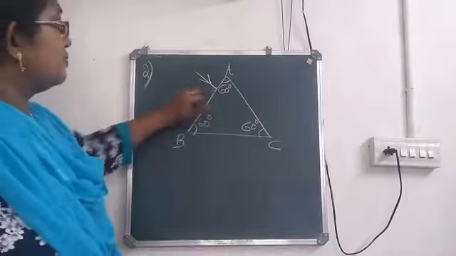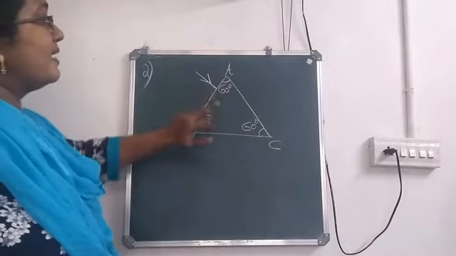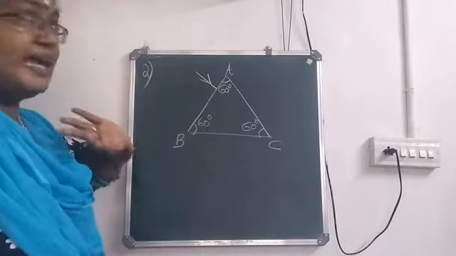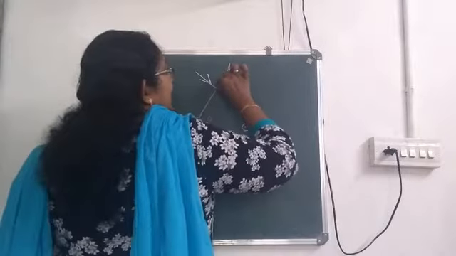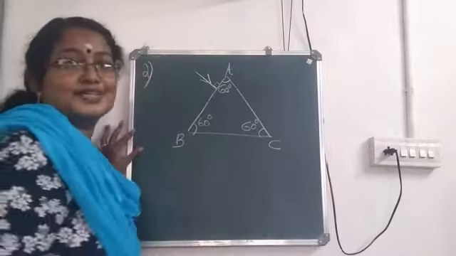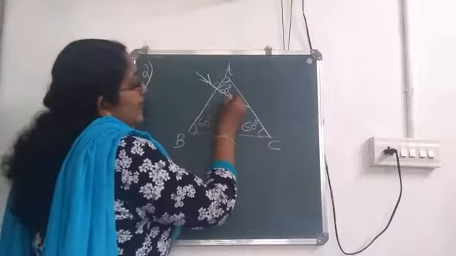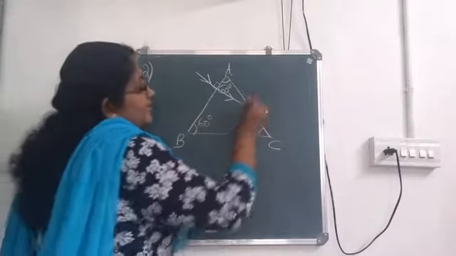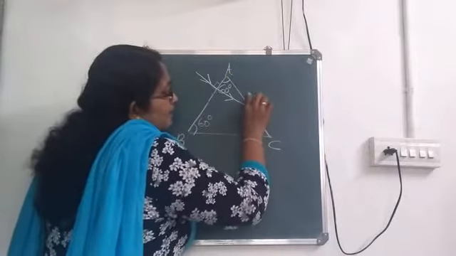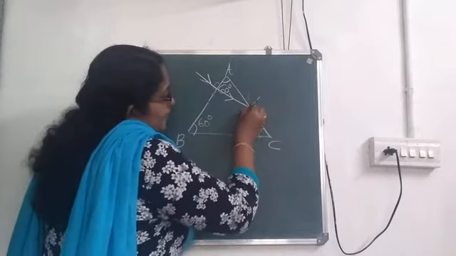Else space won't be there. So we are considering a ray which hits on the face AB and it makes an angle 90 degree with the surface. That means it goes without any deviation, and it hits on the face AC. So here I am going to draw the normal.